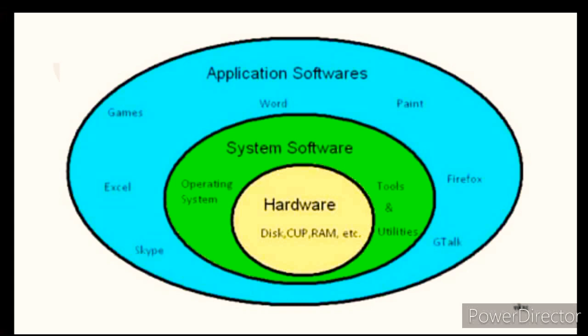Next is the software. Software is classified into two types. One is system software, another is application software. First, system software. System software consists of low-level binary programs that interact with the computer. At the very basic level, examples of system software are operating systems, compilers, and utilities for managing computer resources, for example printer software and scanner software.